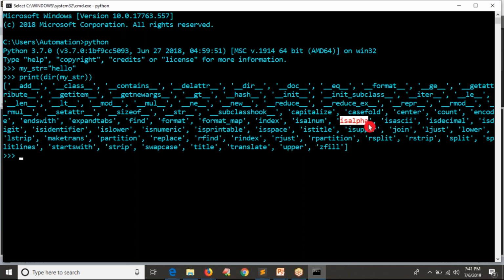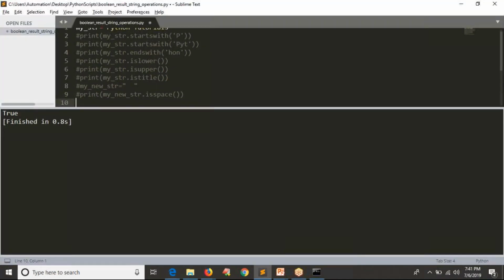Now let me go with one more thing. Is alpha, right? Is alpha is nothing but: does your string consist of only alphabets? Let me take my string, not my new string. So what is our string? First let me print it. This one, right? Is it alpha?